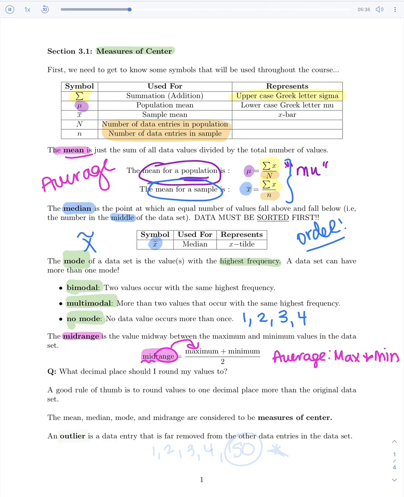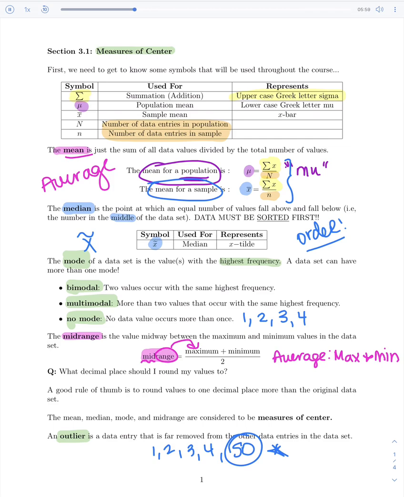This term we're not going to really use a lot, but here it is. An outlier is a data entry that is far away from everything else. A good example of this would be if I gave a data set like 1, 2, 3, 4, and then 50. 50 is going to be your outlier because it's so far away from everything else in your data